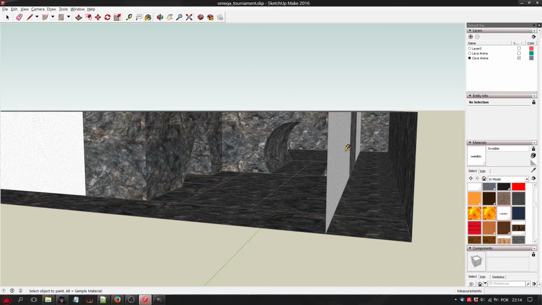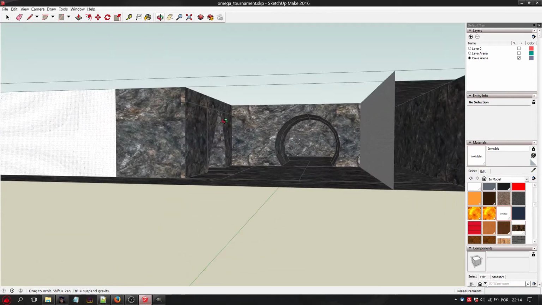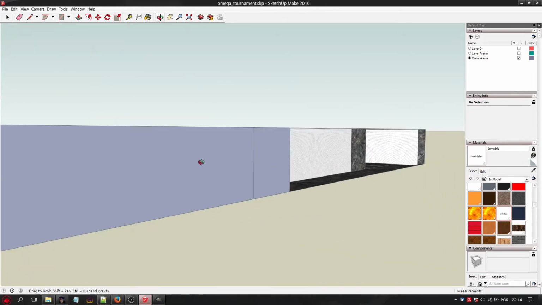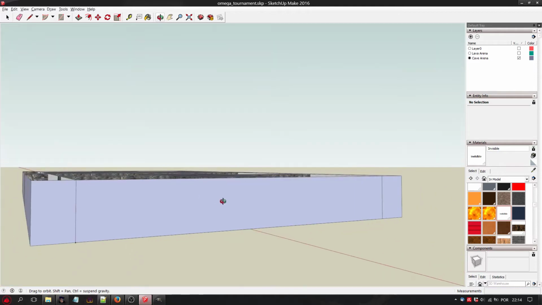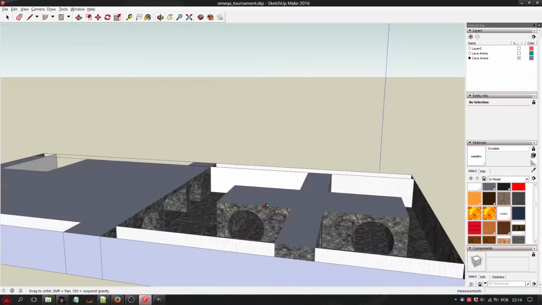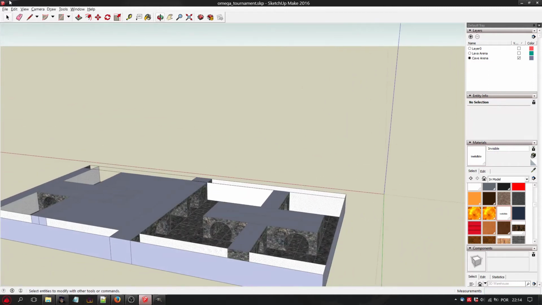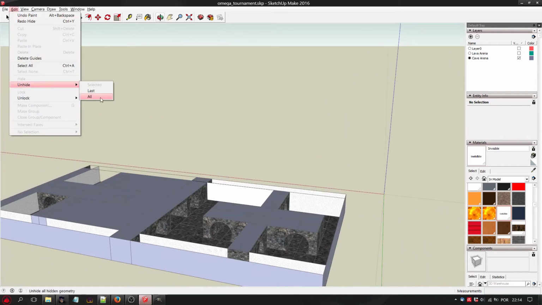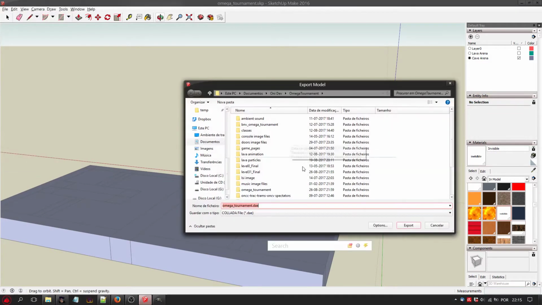In the middle we don't want to paint it. Okay, let's check in the game to see what is missing.